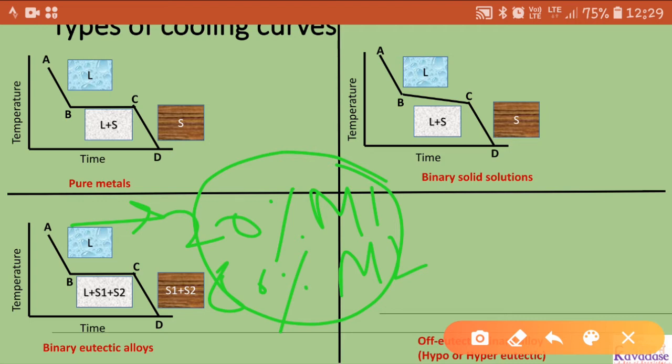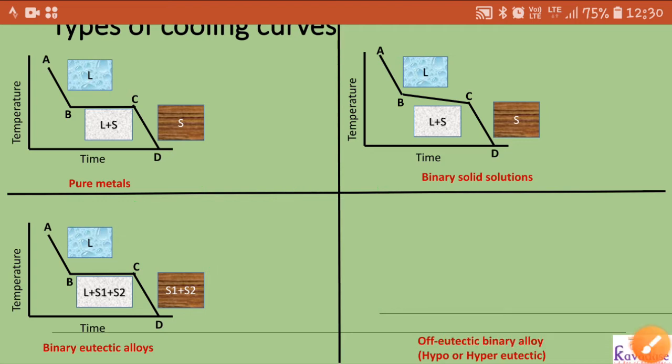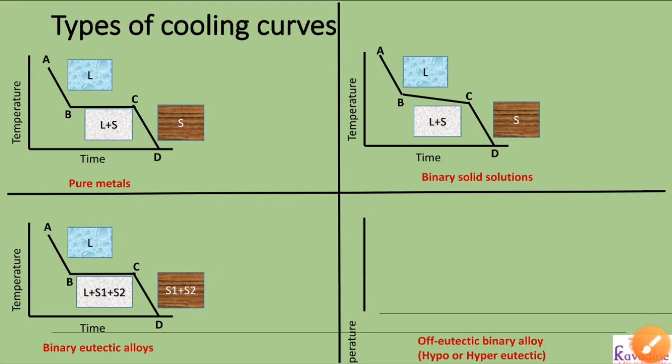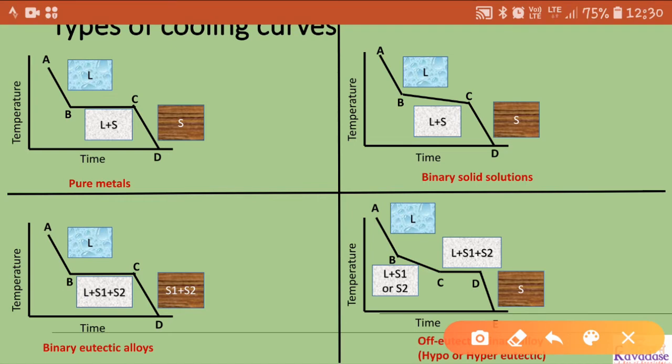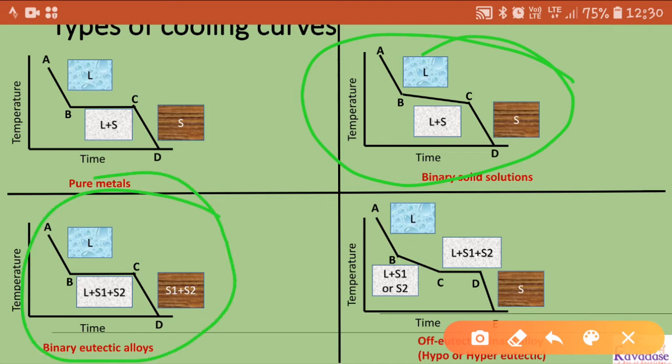And if we increase the amount of metal 1 in this system, it is also known as hypereutectic system, means it is dependent on the mixture. Okay, so in hypo or hypereutectic system, you can see this is temperature versus time dependent diagram. You can see such type of alloy formation is taken place here, and you can see such type of diagram here. Okay, it is the combination of binary solid solution as well as binary eutectic system.